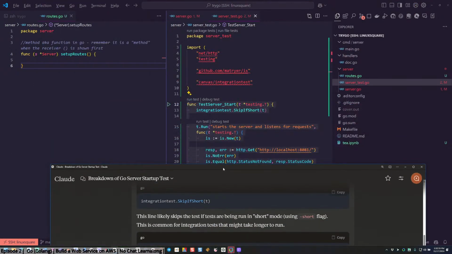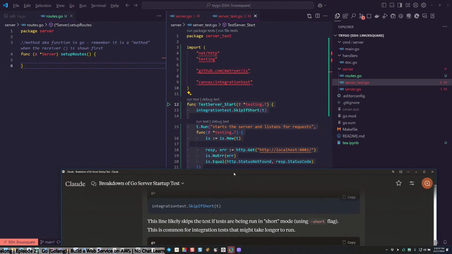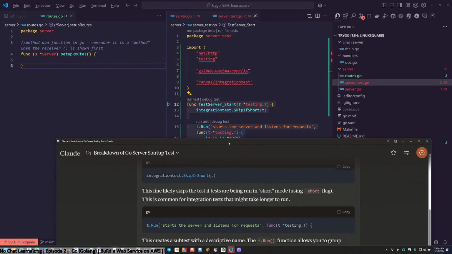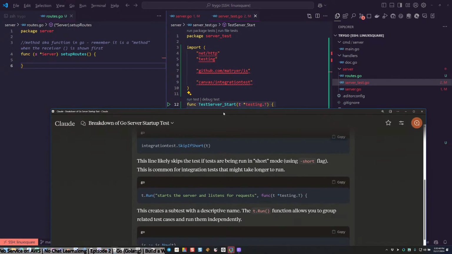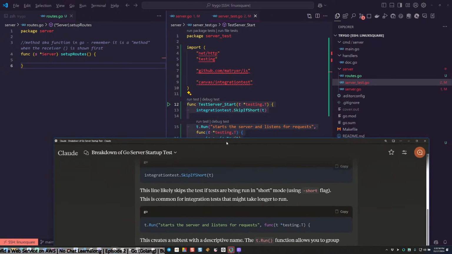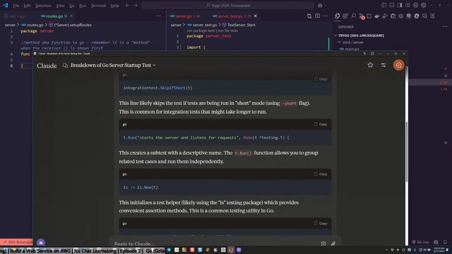T.Run creates what? A subtest. Makes sense. So parent subtest. Okay. The t.Run function allows you to group related test cases and run them independently.